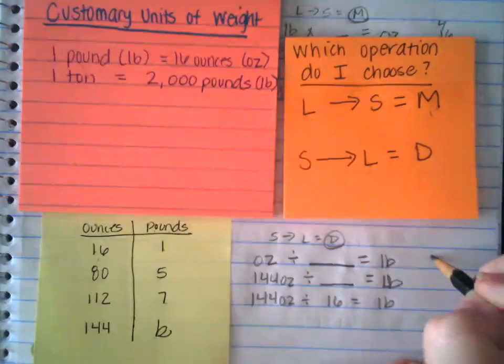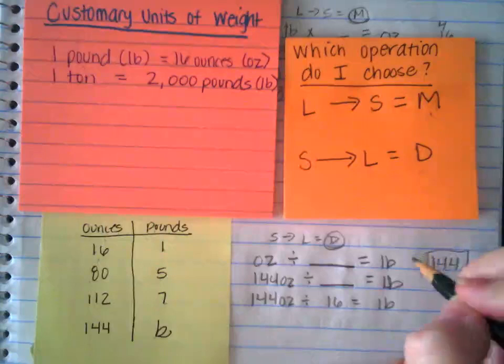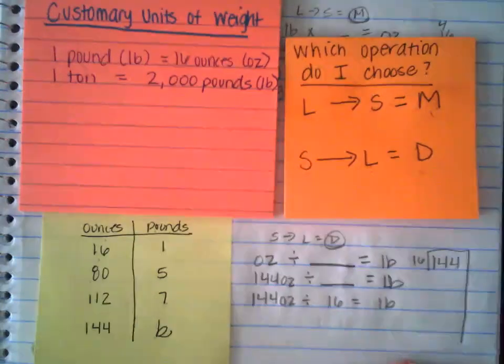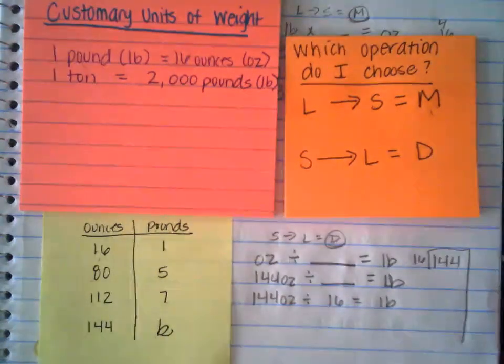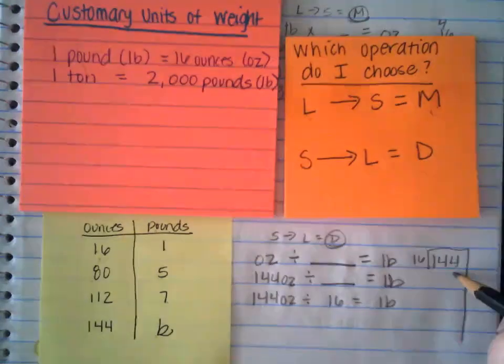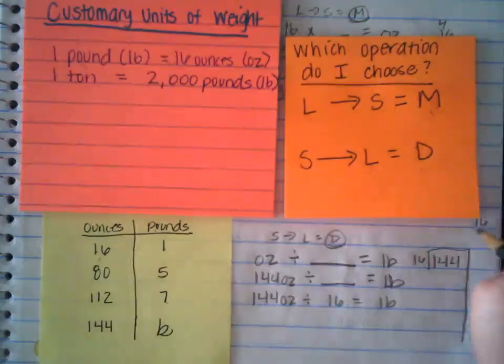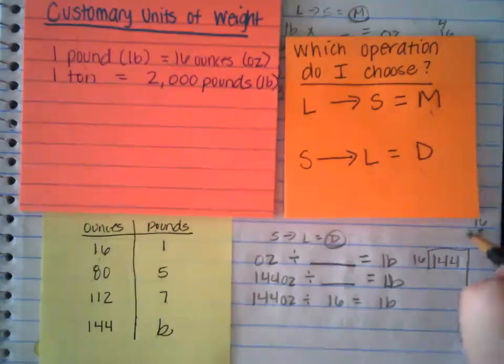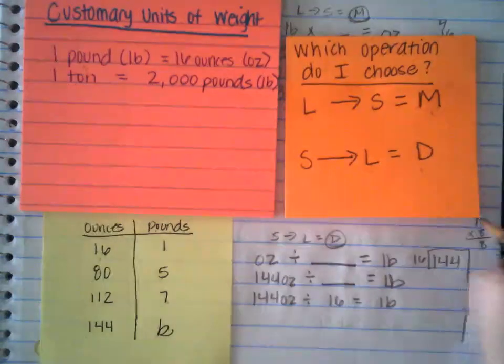So if I do my partial quotients, I'm thinking about 16. I know that if I multiply 16 by 10, that's going to give me 160. Well, that's too much. So let me determine what is 16 times 8. Let's just try 8. 16 times 8,